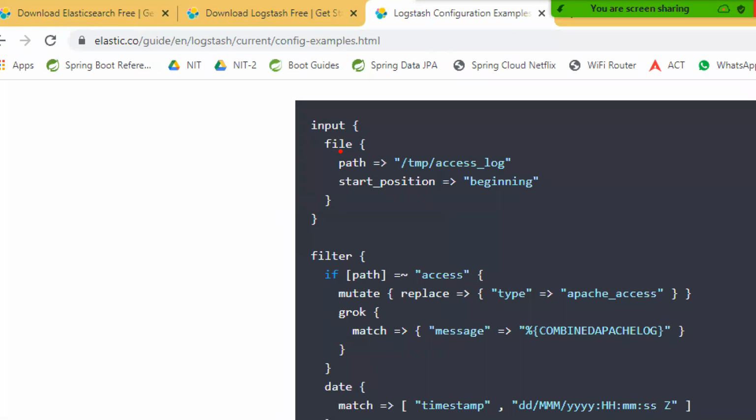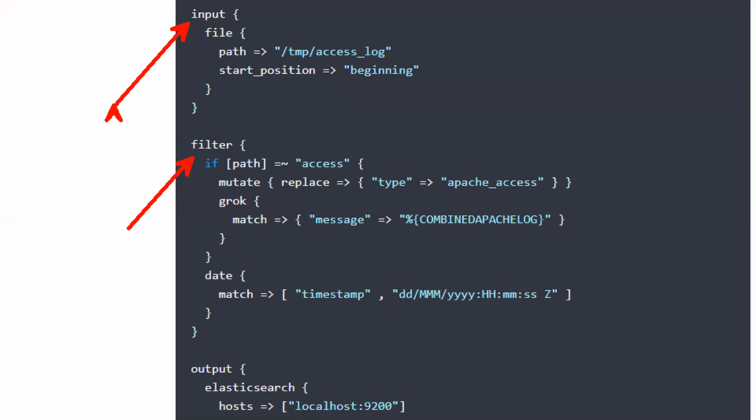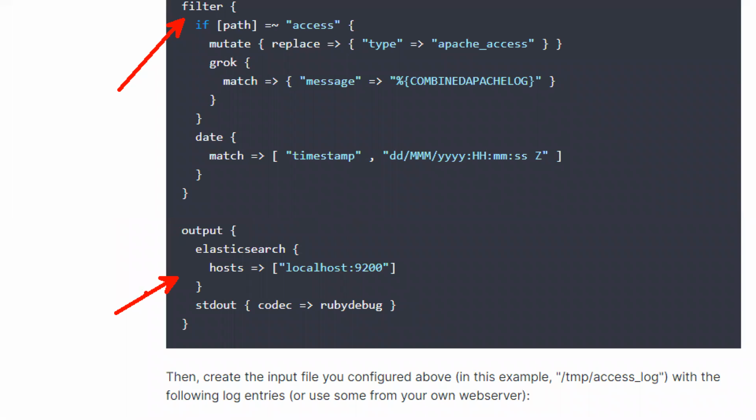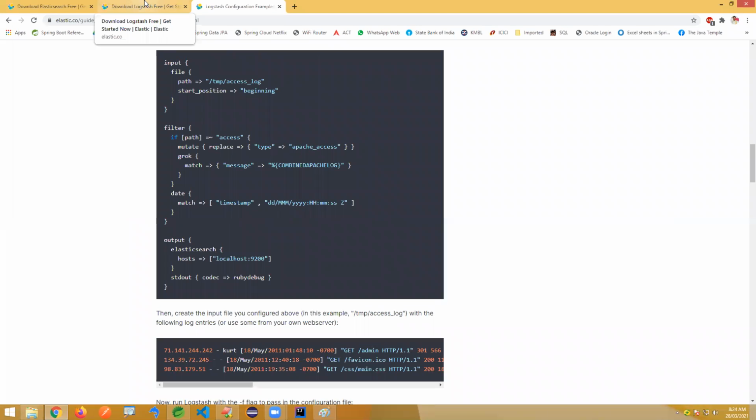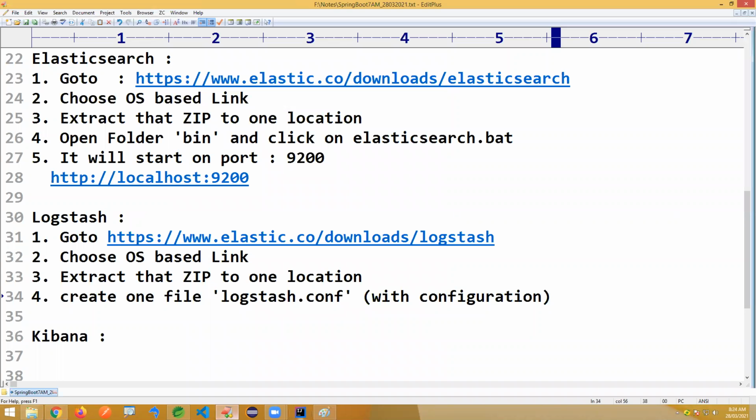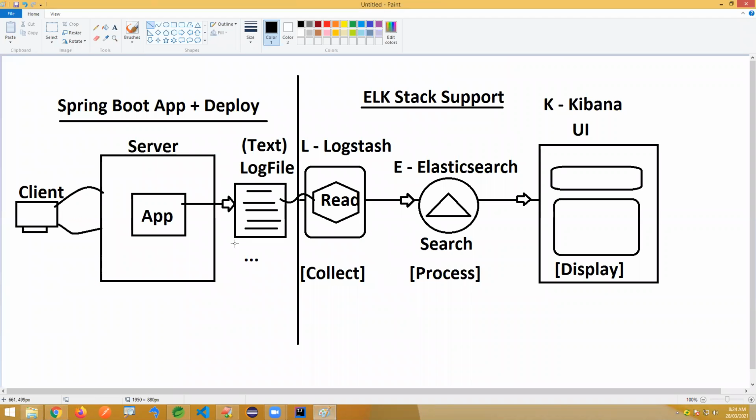There will be 3 stages. One is reading the file from a particular location, the second is filtering what kind of data you want to take, and the third is where exactly you want to store it, and from there you are going to print it at the UI. This complete configuration we need to provide on Logstash. It will read the input, and after this it is going to store it and give it to Elasticsearch, which the UI reads from.